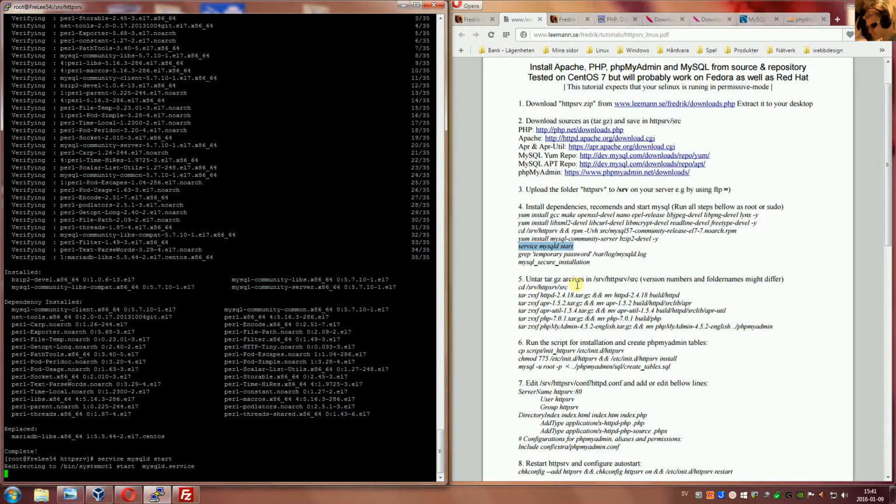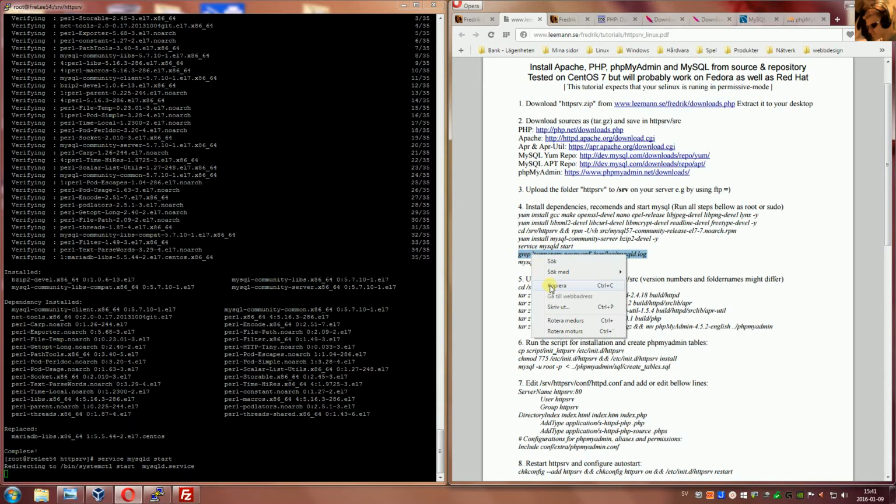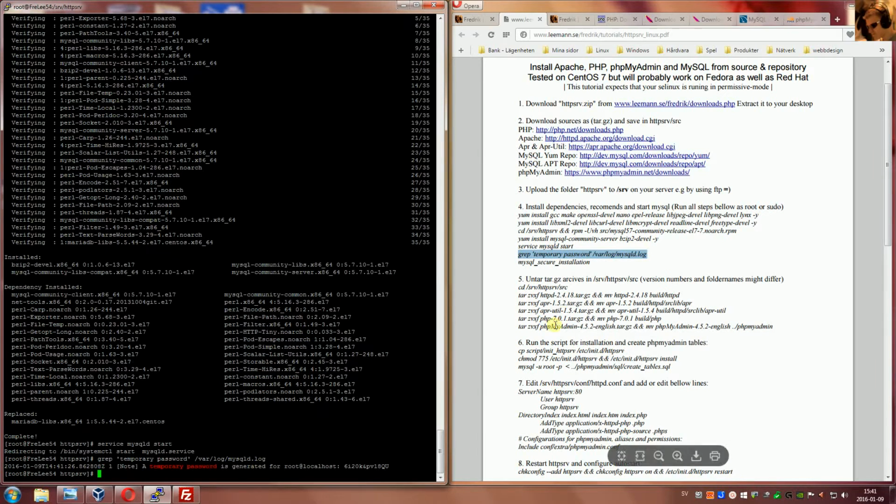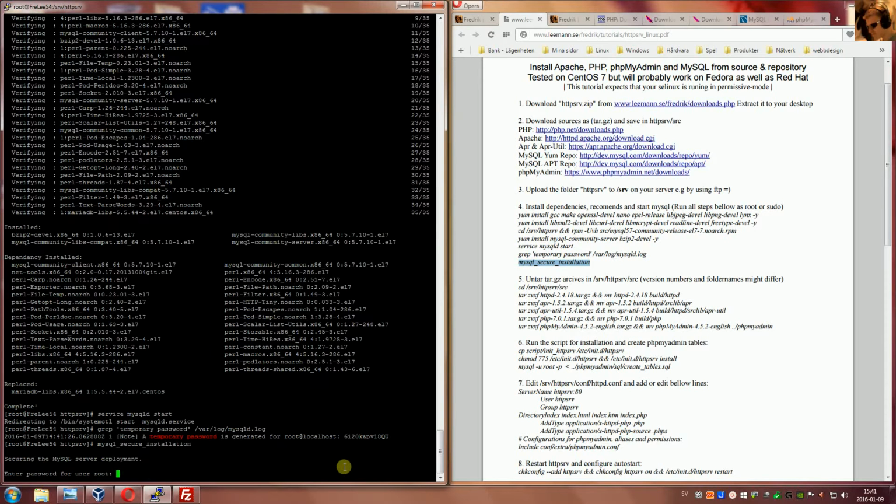So we're going to start the server, start, and then we're going to grep the temp password, and then we're going to secure the installation. And to do this we need the temp password, and here you can enter the temp password